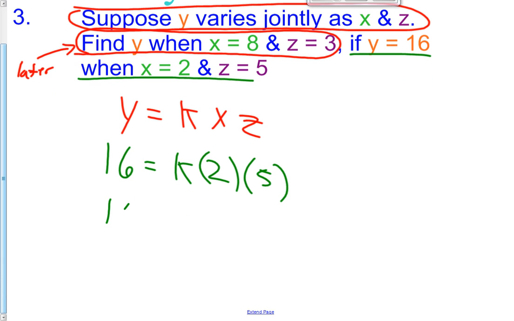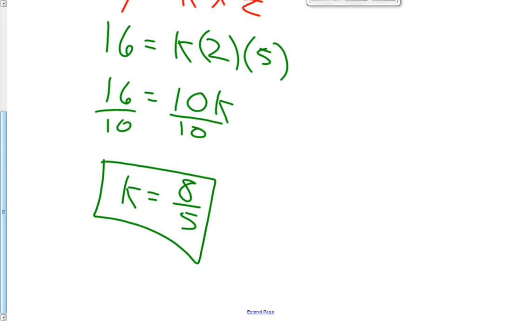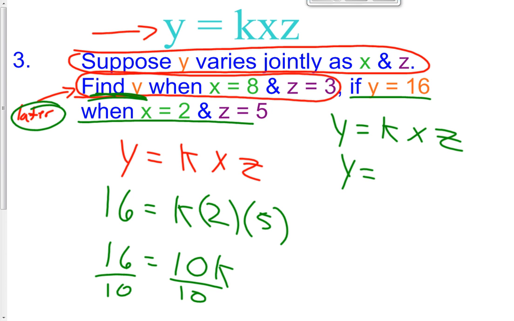We have 16 equals 10k, because 5 times 2 is 10. So then k would equal 8 fifths. K equals 16 divided by 10, which is 8 fifths. So if we know that our constant is 8 fifths, now we can find y in this sentence that we're going to do now. So if y equals kxz, find y when k is 8 fifths